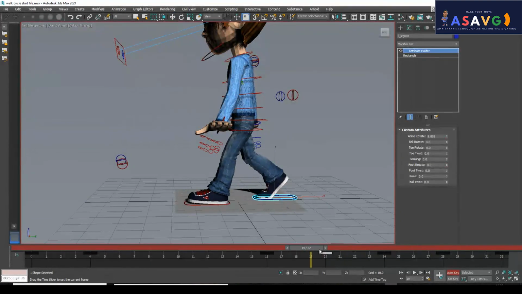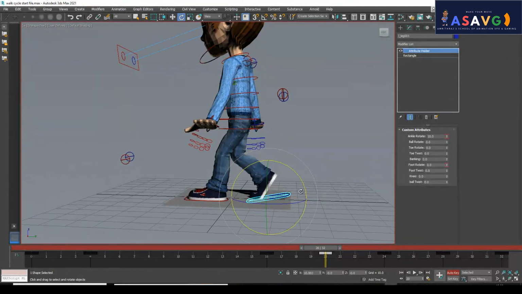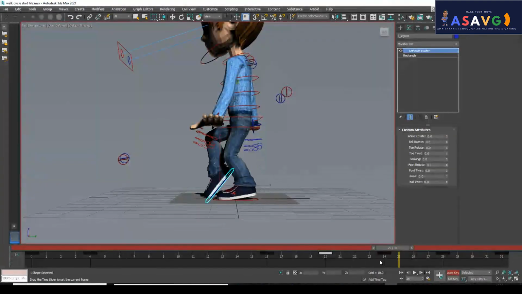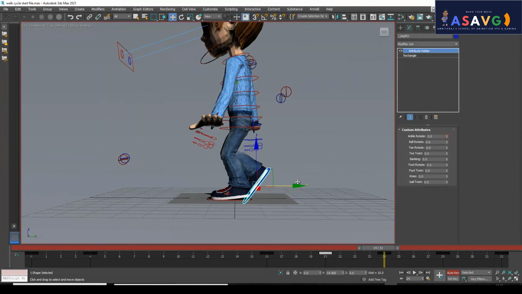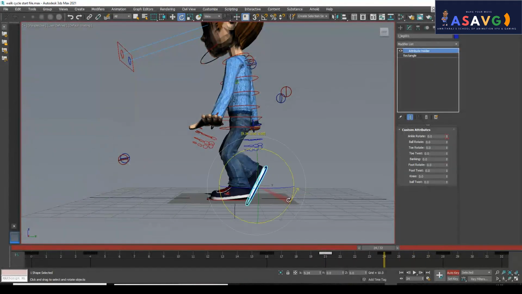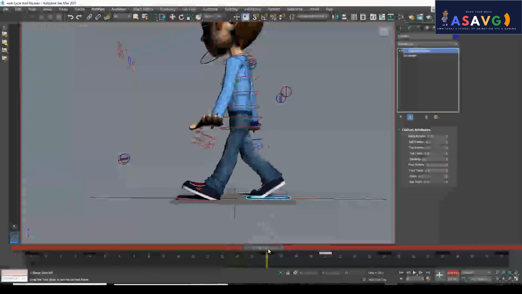Now you can see a little bit of rotation for that. Okay, and a little bit up. I'll make it 8. A little bit back, and rotation like this. Okay, now it's working fine.